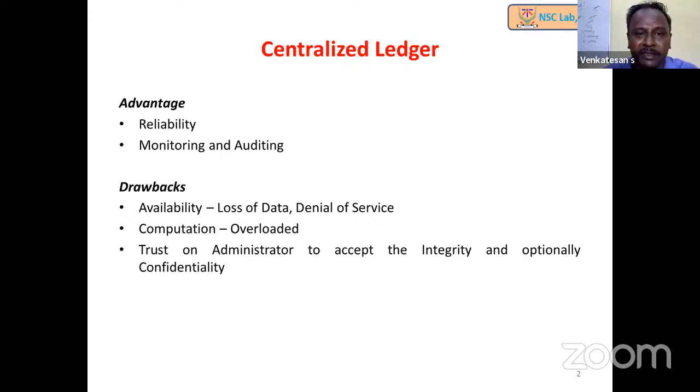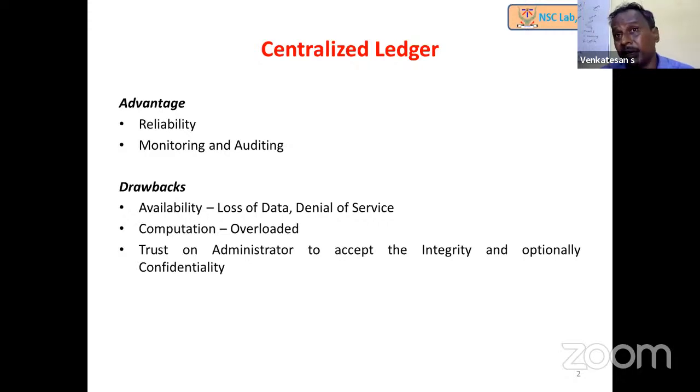For example, reliability. Reliability in the sense, as we have gone through in databases, there are possibilities of anomalies, insertion or update anomalies if we go for the normal forms. If we have centralized storage, then whatever happens on that particular database, whether an update or an insertion, is reflected immediately, and when the user accesses the data, they will get the right data. So it ensures the reliability of the data being accessed.